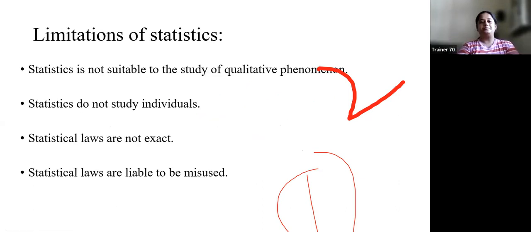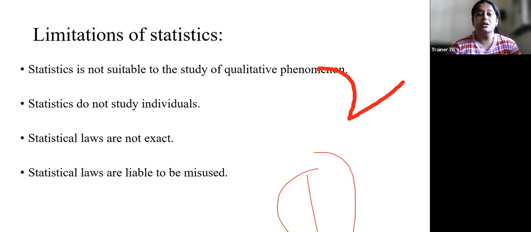Next is limitations of statistics. So as I just said, statistics is everywhere. अब ऐसा तो नहीं हो सकता कि किसी एक चीज के इतने एडवांटेजेस ही एडवांटेजेस हैं. अगर किसी चीज के इतने एडवांटेजेस हैं तो at the same time it will be having some limitations और some disadvantages also. So let us now study the limitations, or you can say the disadvantages of statistics.